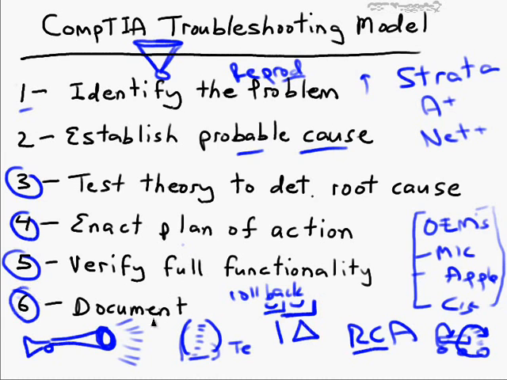Finally, on step 6, this is another step that IT newcomers tend to miss. Document the issue. Look at it this way. You might have just resolved a problem on a particular server, and let's say you have 10 colleagues in the IT department. If you do not document the problem, the troubleshooting steps, and the resolution in your organization's or your department's documentation database, then let's say 3 months in the future you go on vacation, another server has the same problem. Well, you're going to be wasting your colleagues' time and providing unnecessary downtime to network users